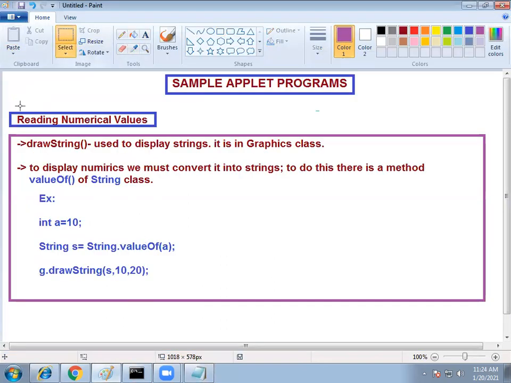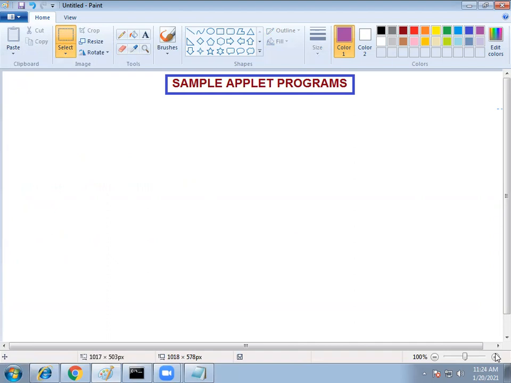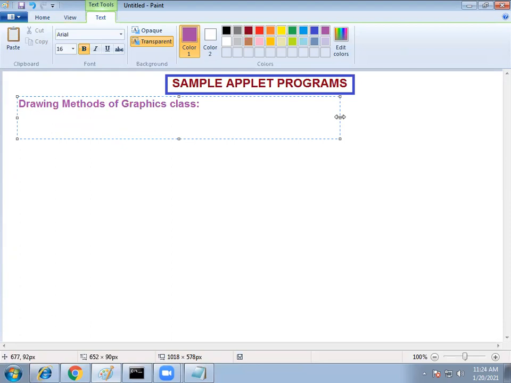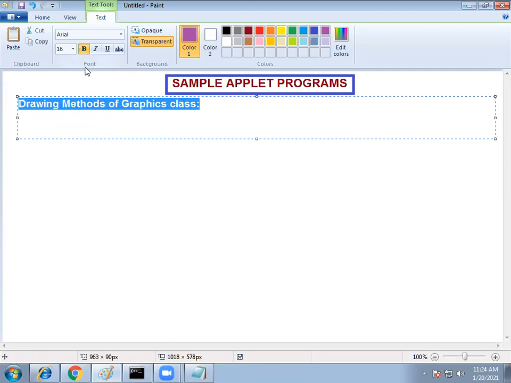So next write down the drawing methods of the Graphics class.